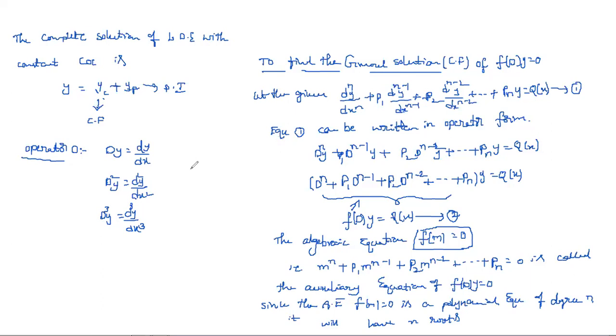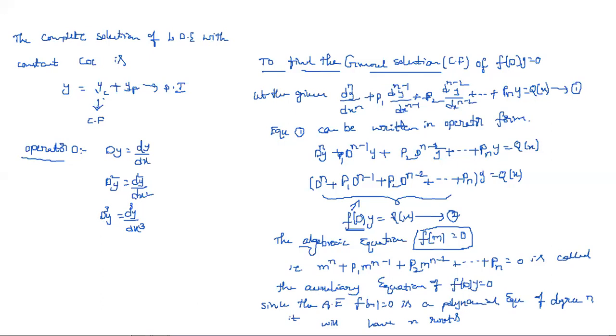The thing is, first we need to write the given equation in polynomial notation or operator form. After writing the operator form, you need to identify f of D, and next you need to write the auxiliary equation. After writing the auxiliary equation, we have to find the roots. Based on those roots, we have to write the complementary function. So here finding the roots is very important. You can also use the cubic formula or square root. But you need to remember that based on the degree, that many roots you need to get. If it is a quadratic one, two roots you need to get.